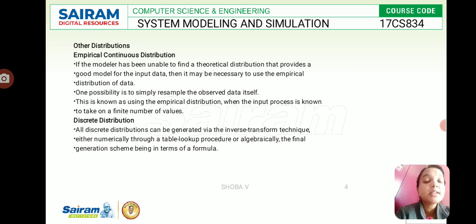Here the consultants have decided to model x as a discrete random variable with distributions, and when we are talking about this discrete distribution itself, it will cover all the empirical based distributions.